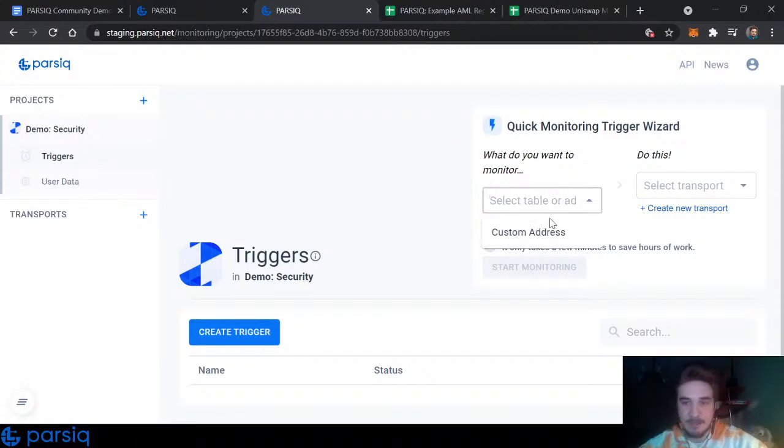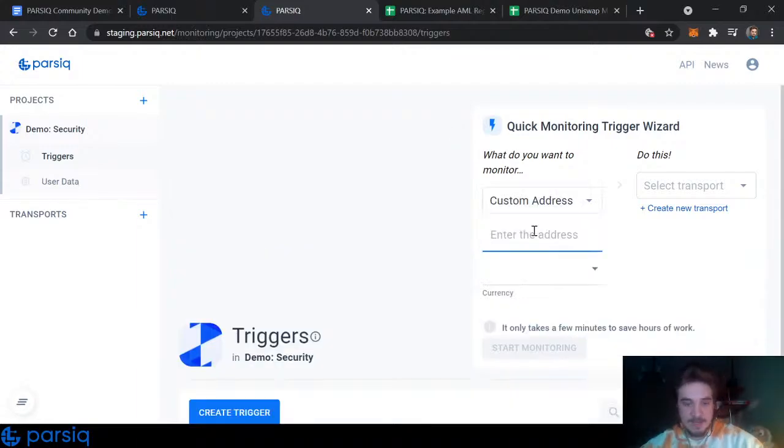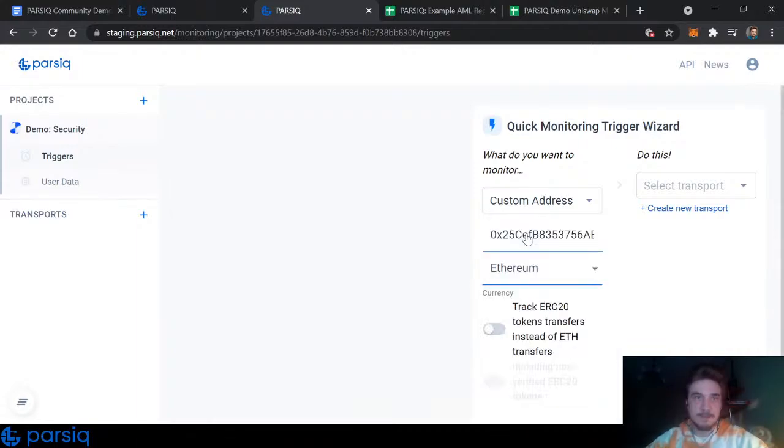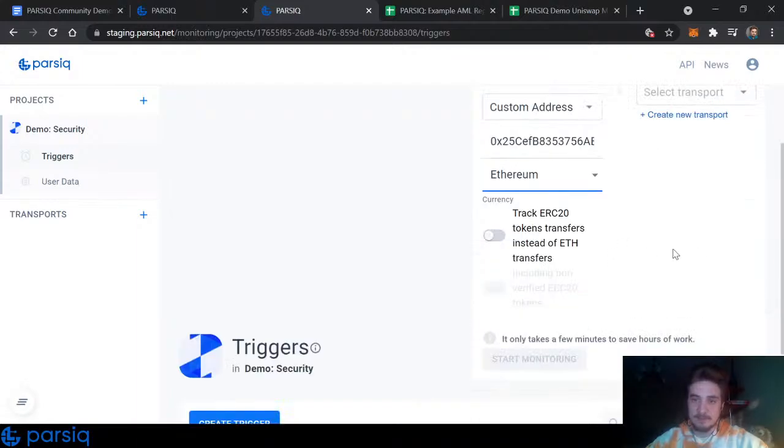MetaMask address. Okay, it's going to be a custom address. I'm going to paste it here. Let me make sure this is the correct address. Yes, that's the correct one. And let us choose Ethereum and let us track not ERC20 tokens, but ETH. So if I enabled this thing, we would be tracking ERC20 tokens, but for now we're going to be tracking